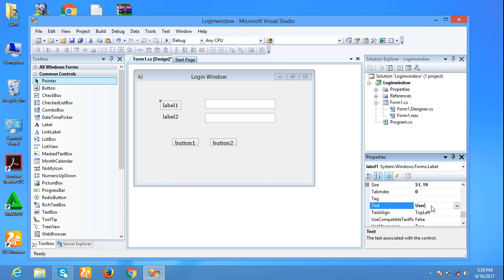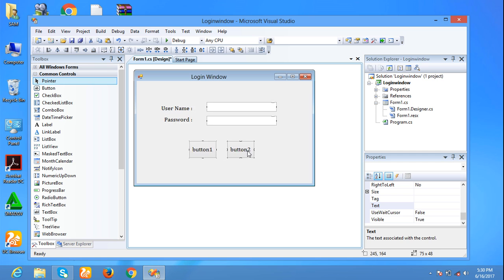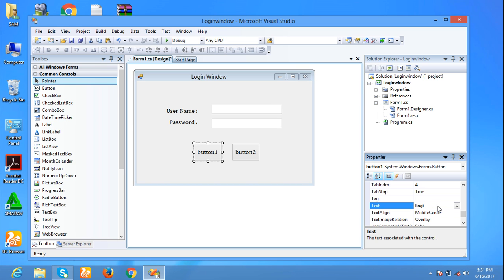Label 1 name: username, label 2: password. Button 1 name: login, button 2: cancel.